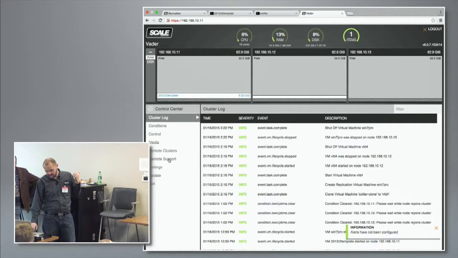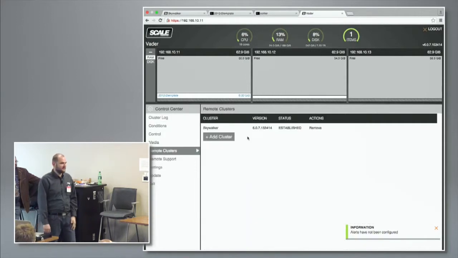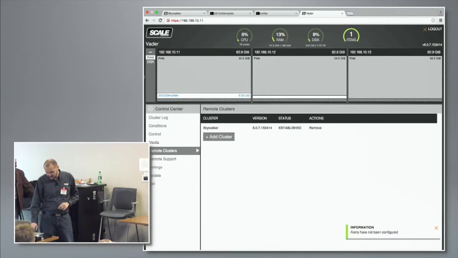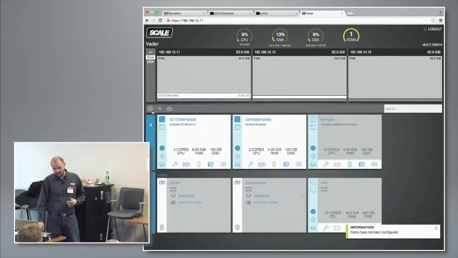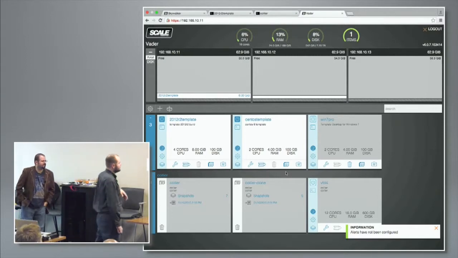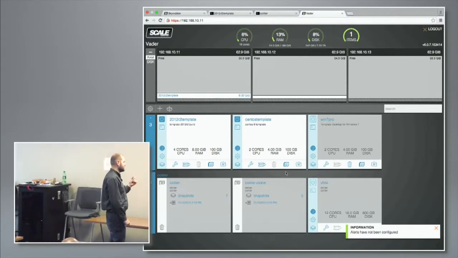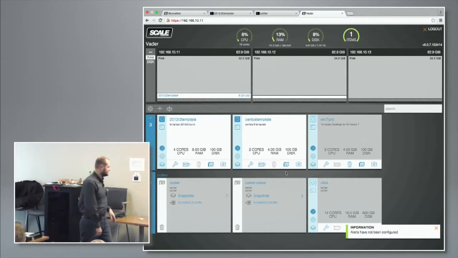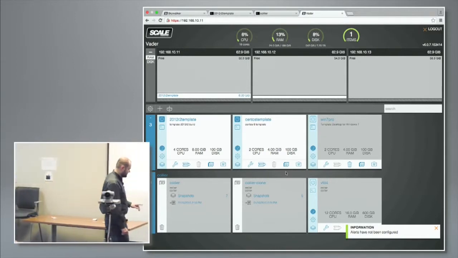So remote clusters, there's my source. So my primary site will always have a connection back. But I'm at a point where I need to take one of those clones, or one of my VMs that's being replicated, and my primary site's gone. So in fact, let's